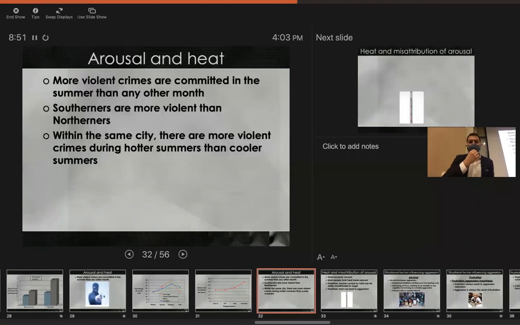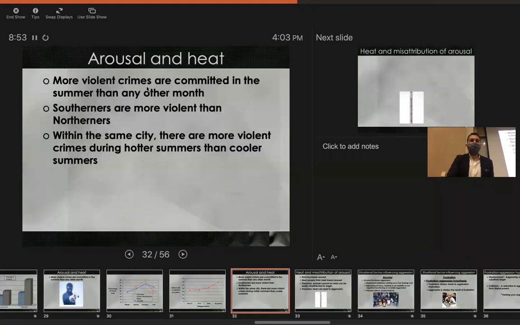There's all sorts of other evidence for this idea as well. So for instance, we saw that Southerners, with one caveat, are more violent than Northerners. That's only true following provocation, following damage to reputation or something. Southerners tend to react with more violence than Northerners. Under normal situations, if they're not provoked, Southerners are not more violent than Northerners.